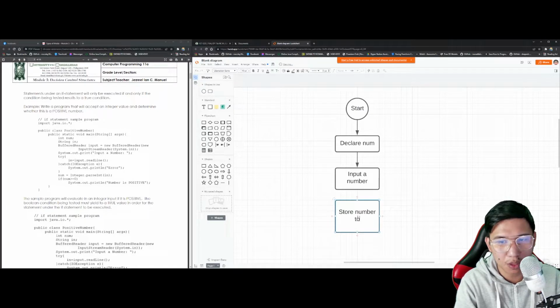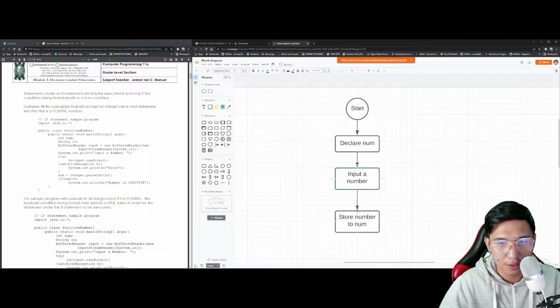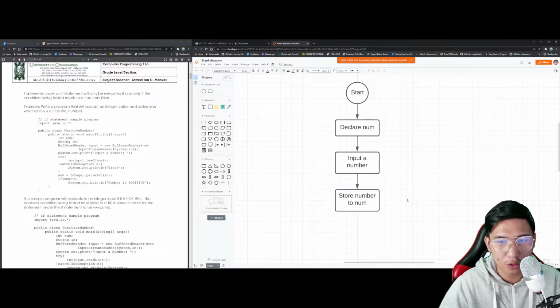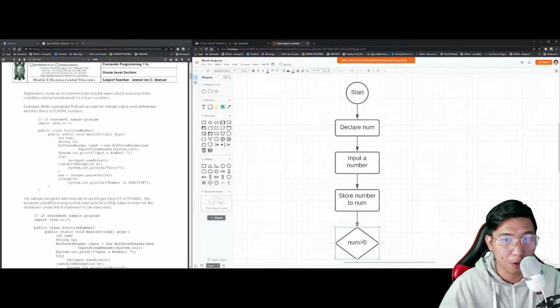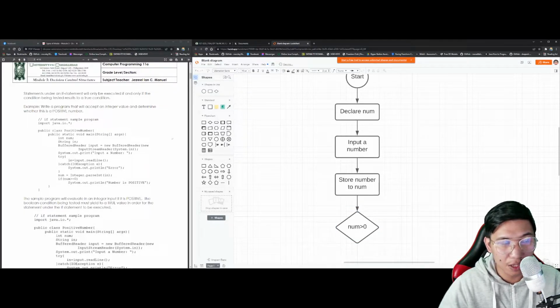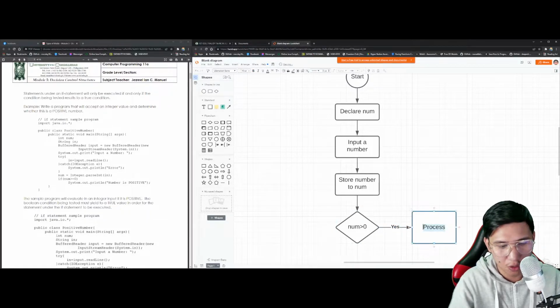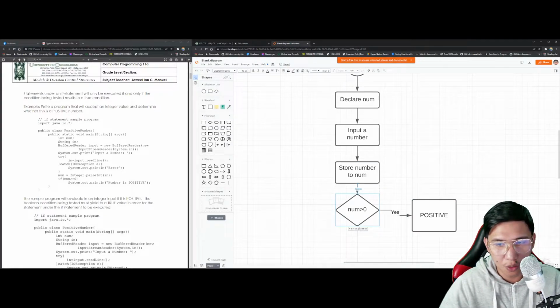Store number to num. Yan. So, di ba naglalagay ako ng flow dito. Store number to num. Tapos, it will now check whether the num is greater than 0. Now, if the number is greater than 0, that means, if yes, papasok yan dito. Yan, magiging positive. If no,